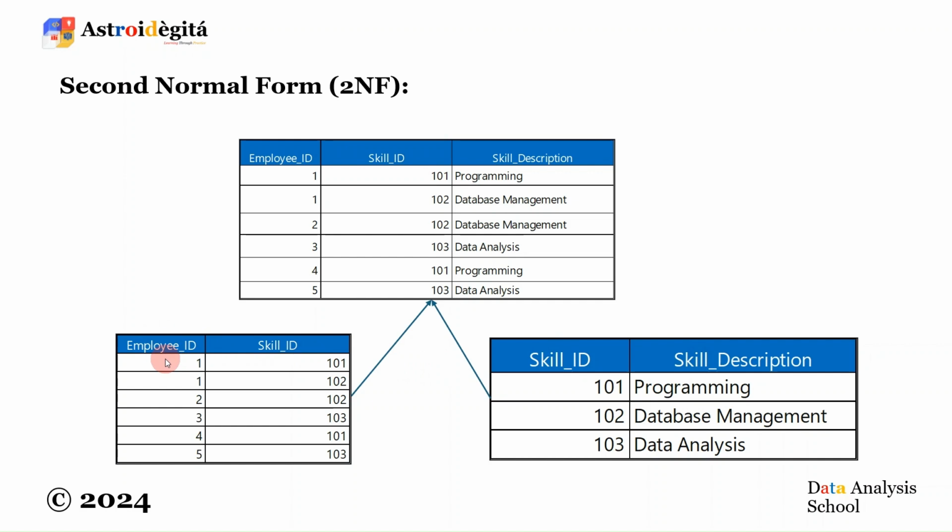Employee ID and the skill ID. Afterwards, we are now connecting by referencing the employee skill table via the what? The skill ID column, which is a foreign key in the what? In the employee skill. You can see this skill ID here is a foreign key in the employees skill table